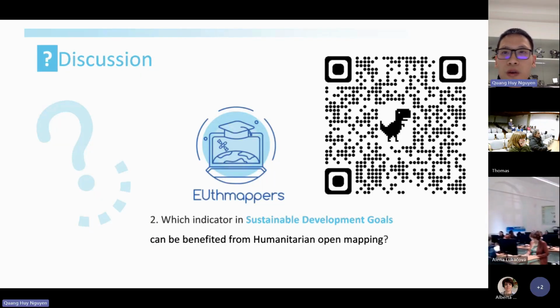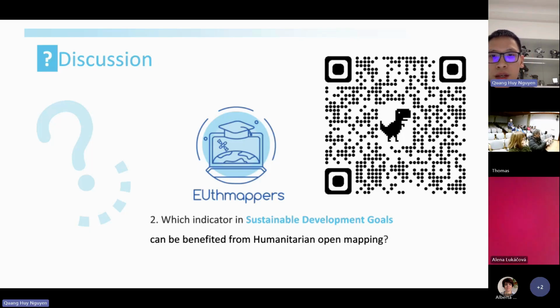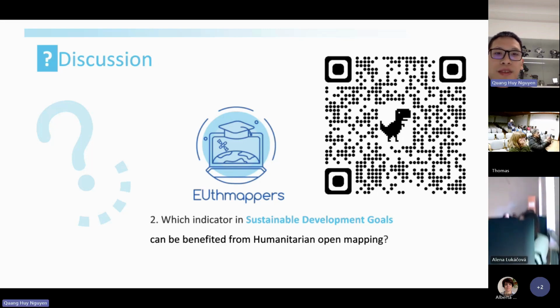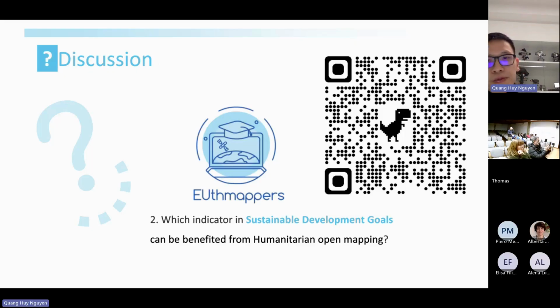So we have known what the Sustainable Development Goals are, and now I want everyone to tell me how we can contribute as humanitarian mappers to the SDG goals.